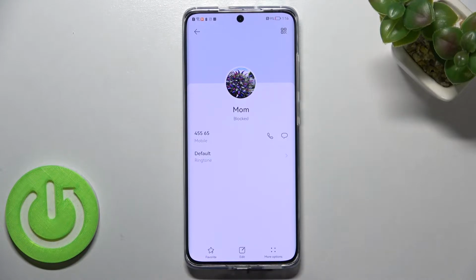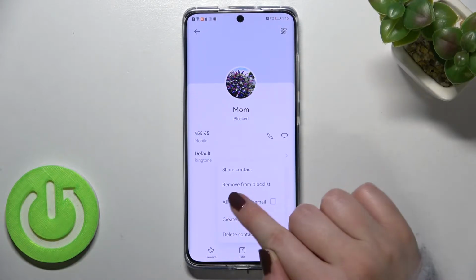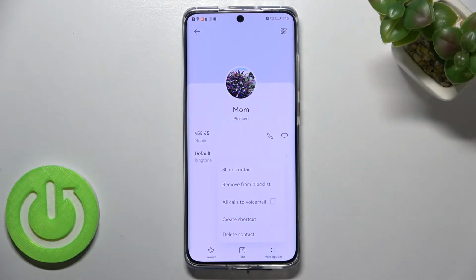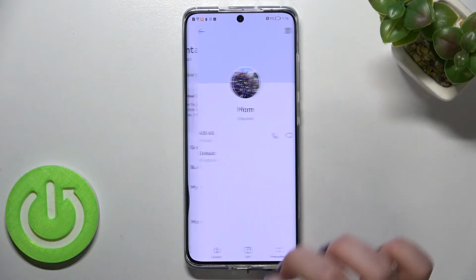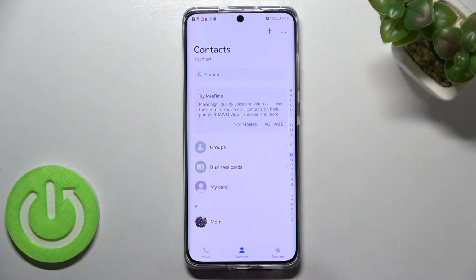Of course you can unblock it the same way, just by tapping on the 4 dots icon and tap on remove from blacklist, but let me leave it like this. We will check if it will actually appear on the blacklist. So that was the first way to block a number, and now all we have to do in order to